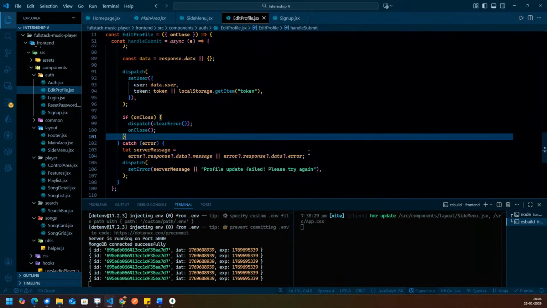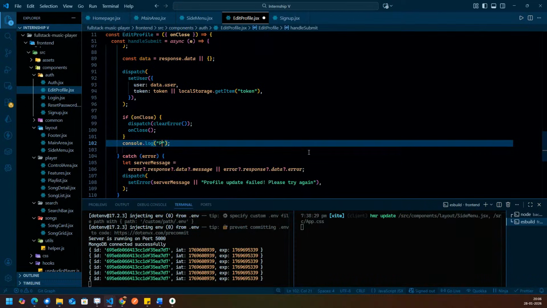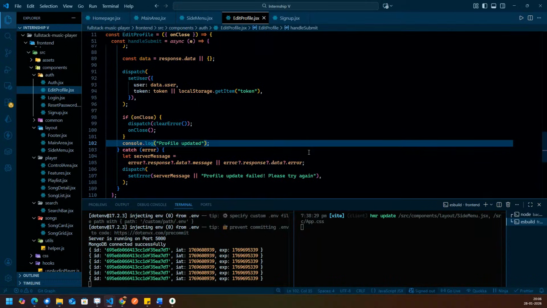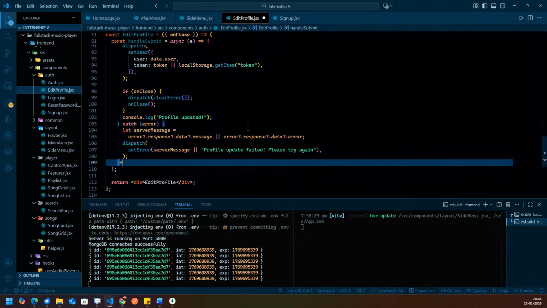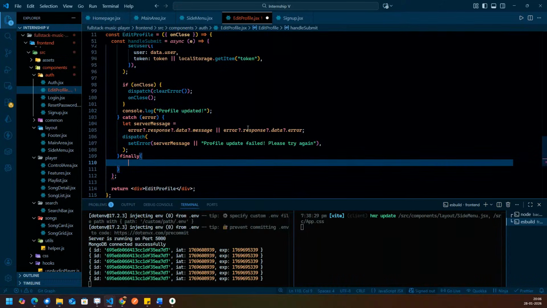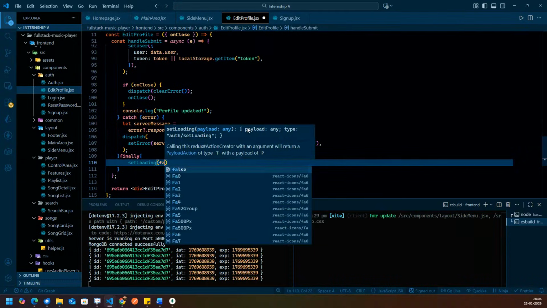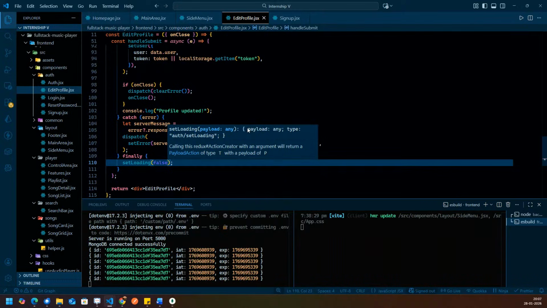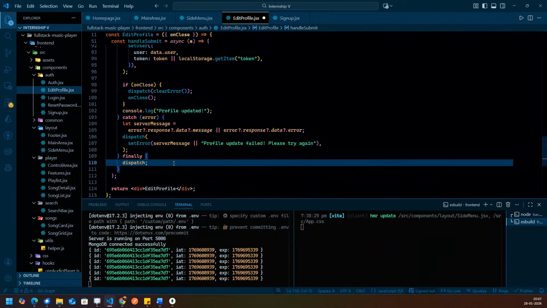Okay, and after this, now what, do one thing, you write console.log profile updated. This one you can write. And then finally, set loading will become false. Dispatch